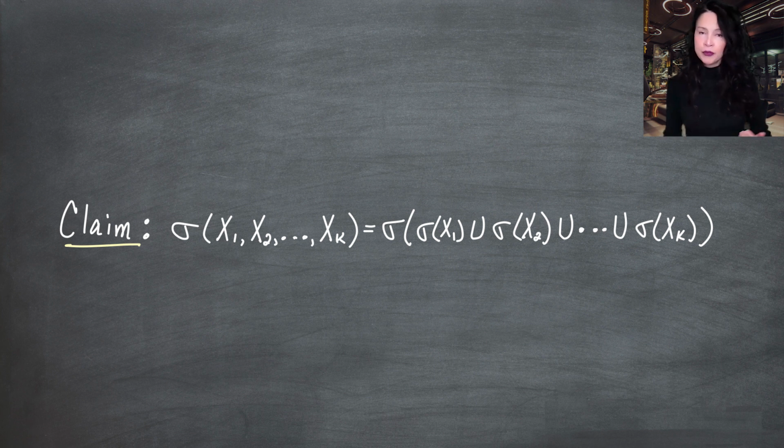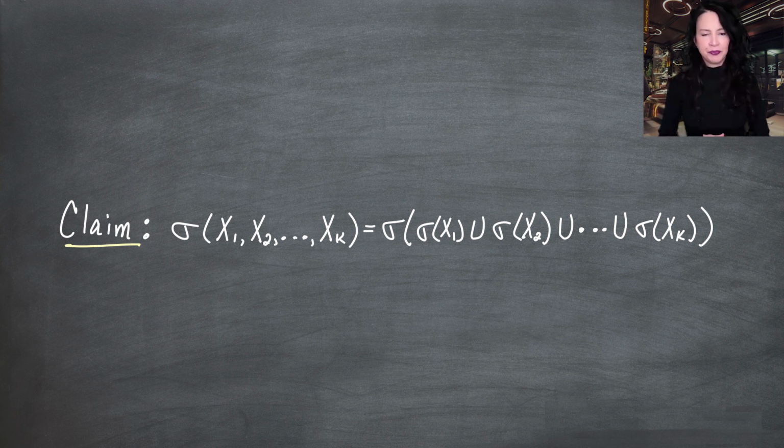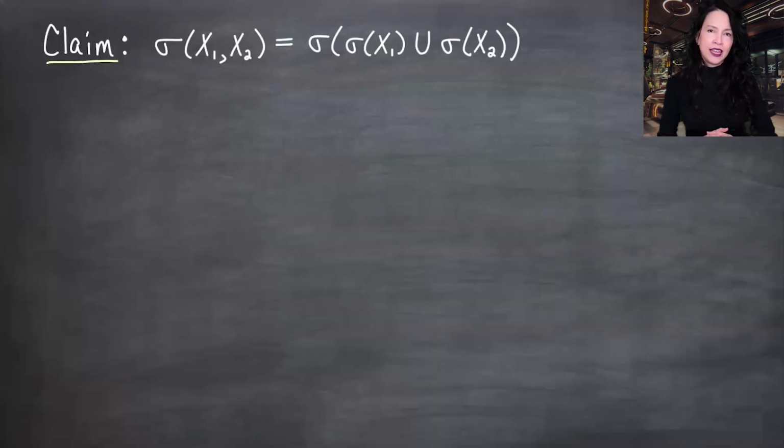I'm just going to prove this for k equals 2. Formally, you would use an inductive argument, but informally, if you can prove it for 2, you can prove it for 3, because if the union of this and this is some quantity, the union of all 3 things would be that, and the union of 2 things, it's induction. You know what I mean? So let's show it when k equals 2.